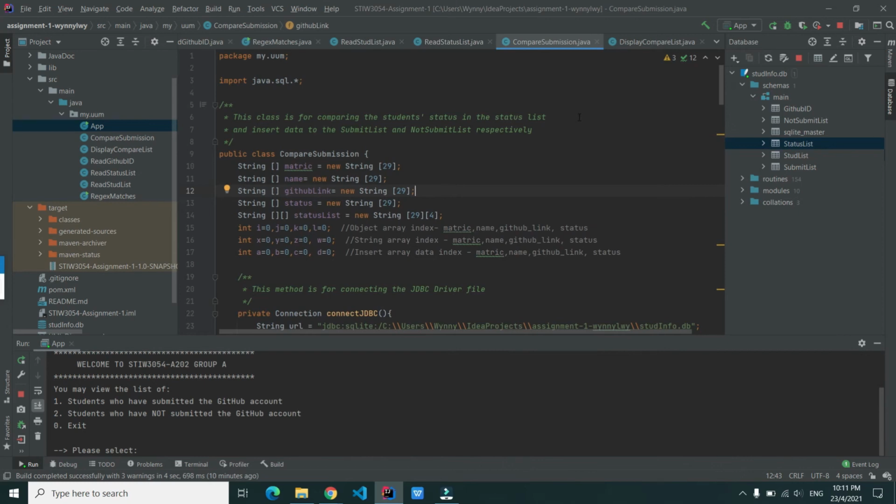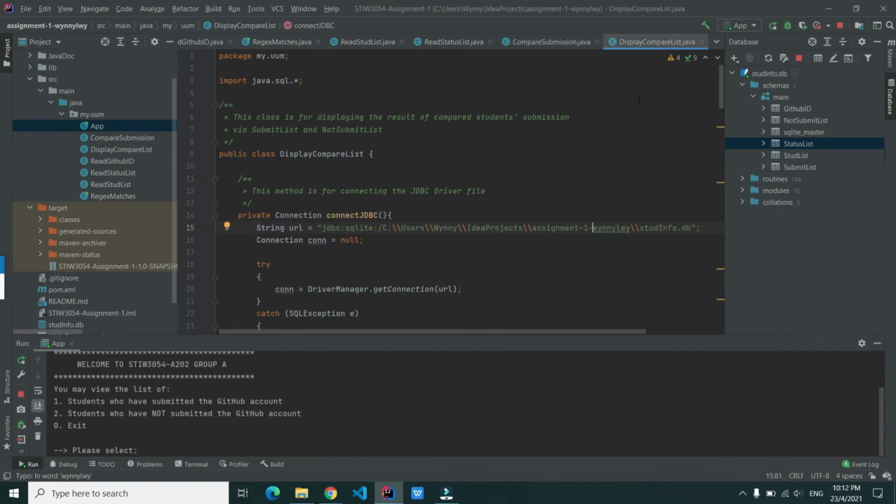Next, the compare submission class is for comparing the student status in the status list and inserting the data into the submit list and not submit list respectively. If the status of the user in the status list is yes, the student information will be inserted into the submit list, or else, if the status is no, the student info will be inserted into the not submit list. The display compare list class is for displaying the result of the compared student submission